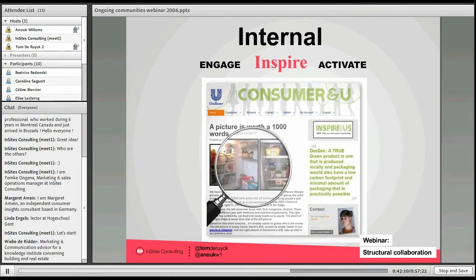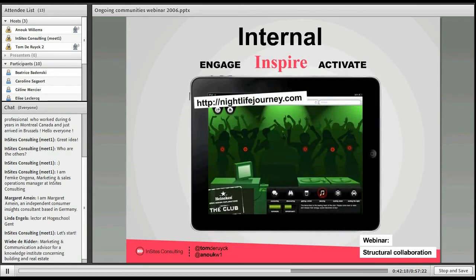We created an iPad app of 6 different sceneries in which each time 5 insights were outlined to report those 30 insights, those 30 key findings towards them in a new way, in a way that was fitting their way of working and their lifestyle. So after we have engaged them with the consumer world, after we have inspired them with an engaging presentation or through new ways of reporting, we need to activate them. We need to make sure that they move from insights towards actions and next steps.